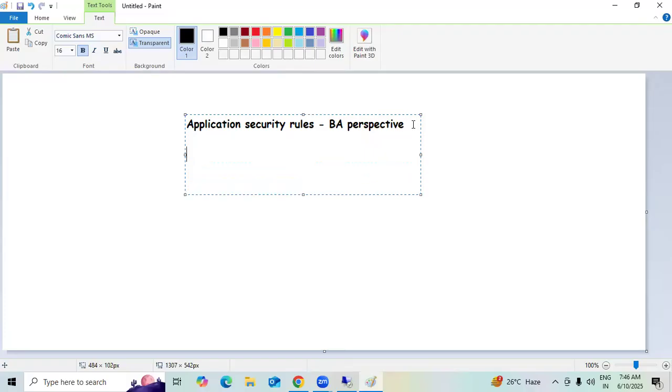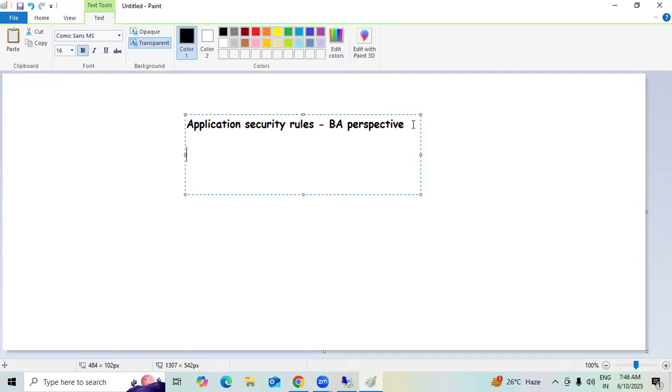Right. So, from a business analyst perspective, when we are working on the security aspect, security for infrastructure and applications is important. When working in the security domain, especially application security, cyber security and infrastructure security, there are requirements we come across now and then for a business analyst to have an understanding of the security rules.